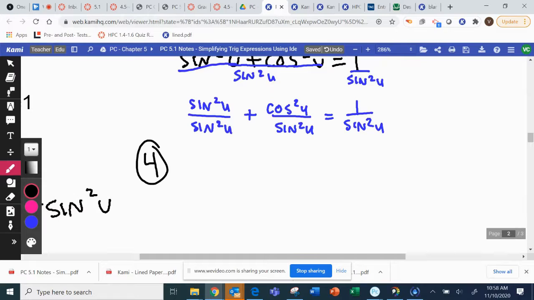And if I do divide everything by sine squared u, now I have sine squared u over sine squared u, which is 1,